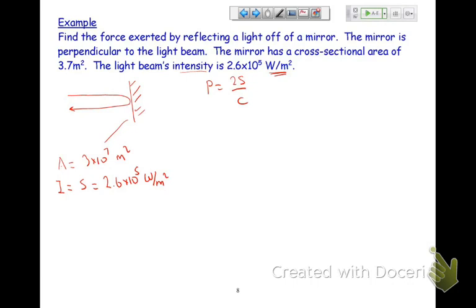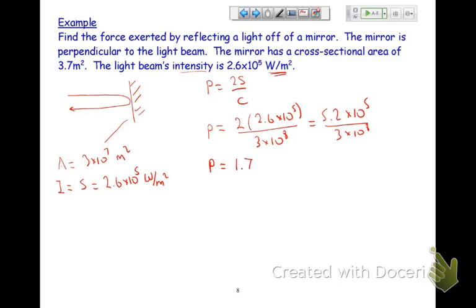So I go, okay, the pressure is equal to 2 times the Poynting vector, which is 2.6 times 10 to the 5 over 3 times 10 to the 8, which equals 5.2 times 10 to the 5 over 3 times 10 to the 8. So the pressure is equal to 1.7 times 10 to the, what's that going to be,